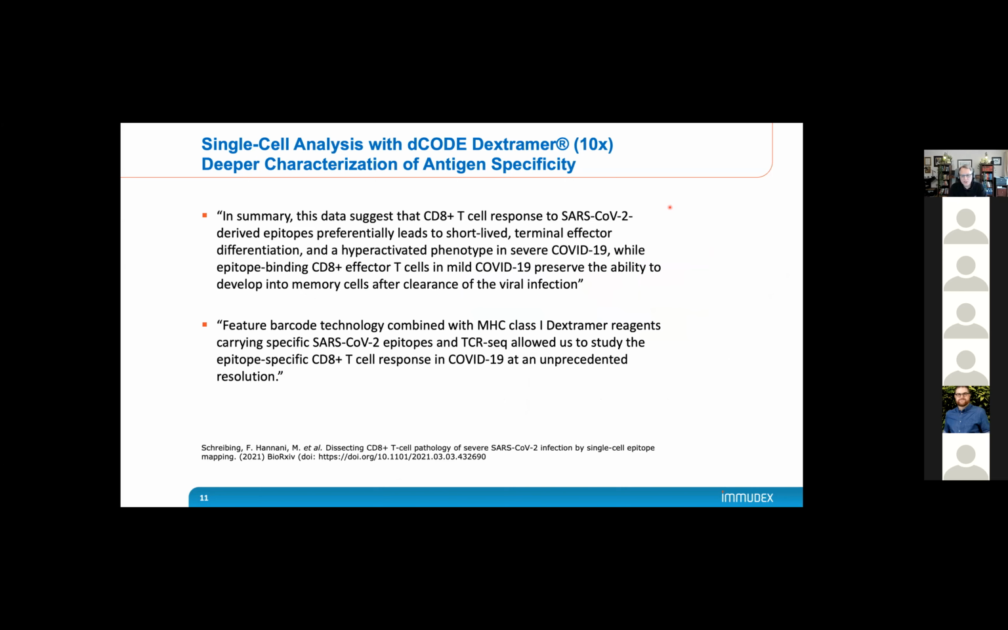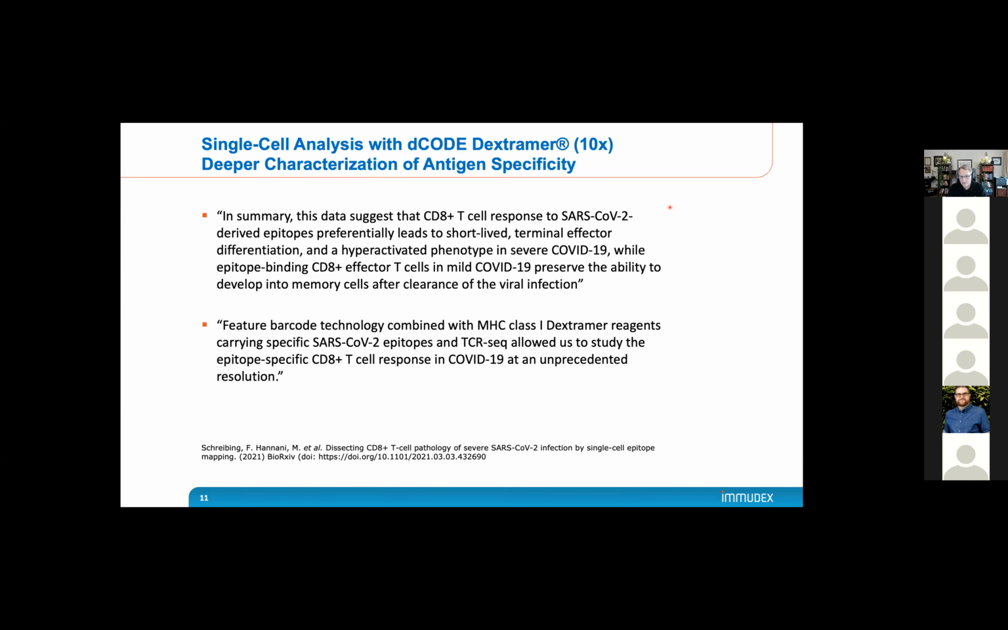And so just 2 quotes from this paper, where, as I just stated in summary, the data suggests that the CD8 T cell response to SARS-CoV-2 derived epitopes preferentially leads to short-lived terminal effector differentiation and hyperactive phenotype in severe COVID-19. While epitope binding CD8 effector T cells in mild COVID-19 preserve the ability to develop into memory cells after